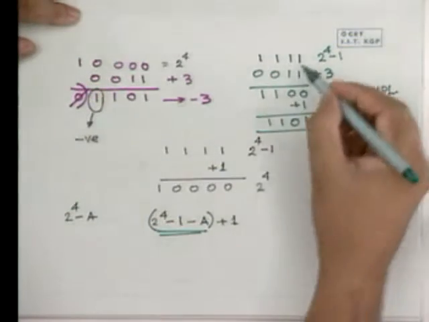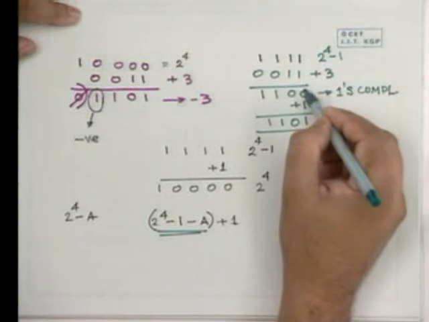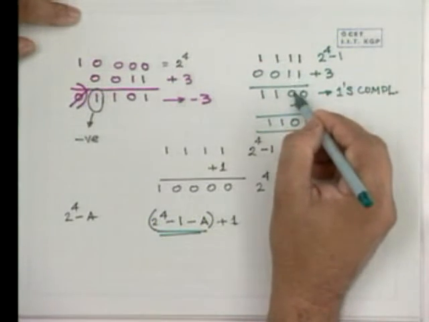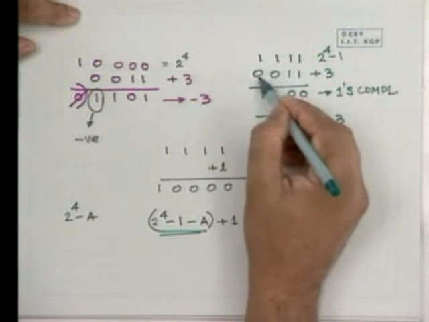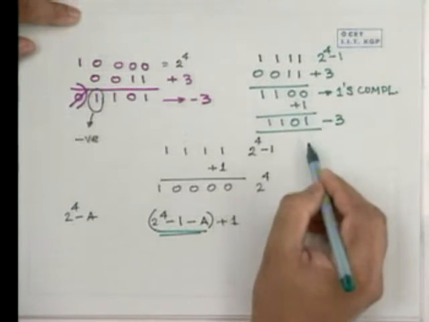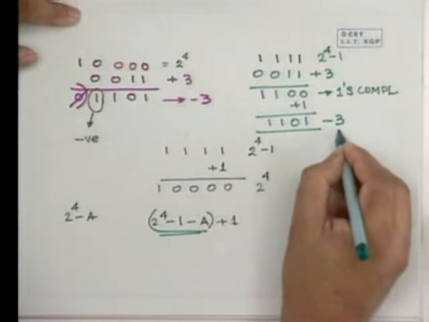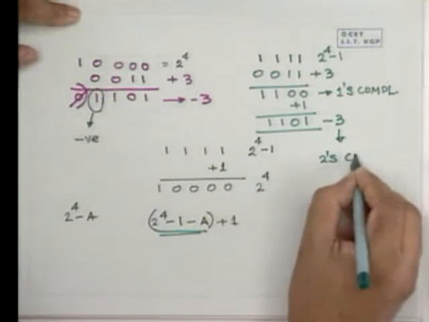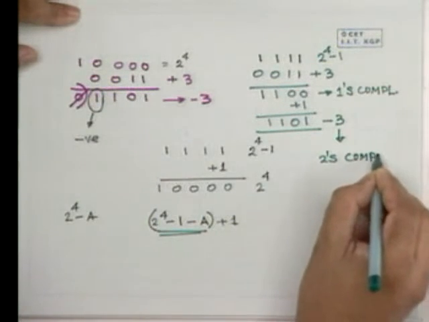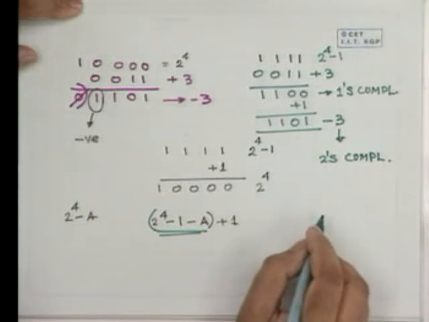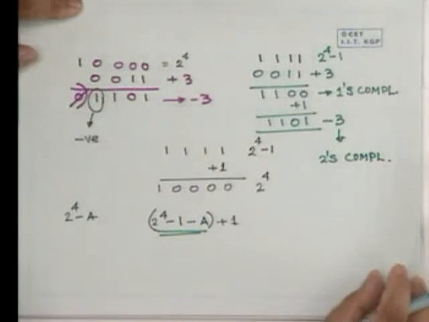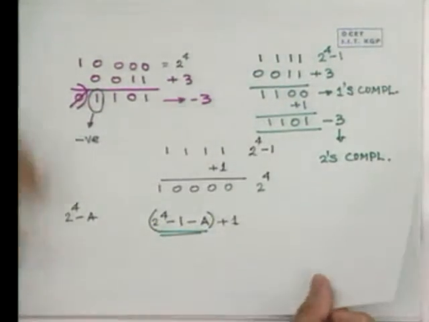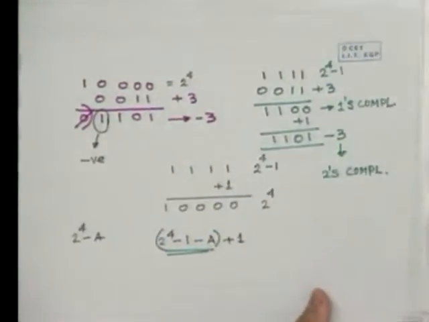Computing this is nothing but complement each bit. This bit is 0, this bit has been complemented to 0, this is to 1 and this is to 1, and then add 1 to it. That way, getting 2's complement is much easier computationally. Now, if we represent it this way, and if we take a 4-bit number system for